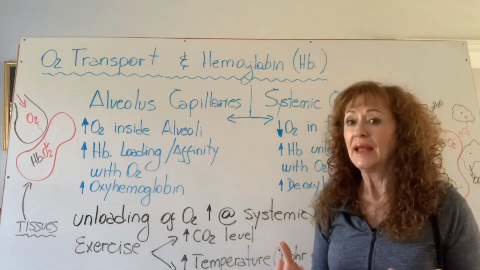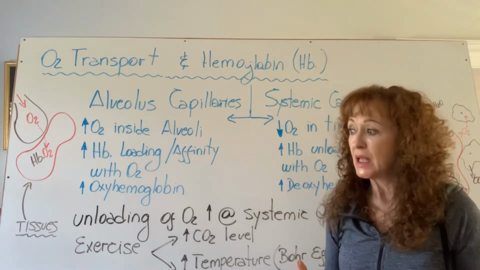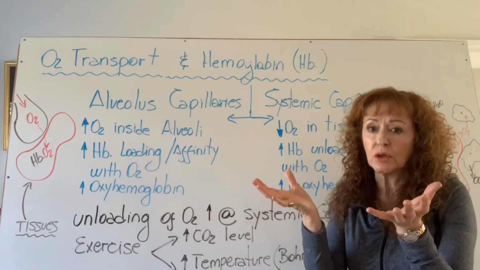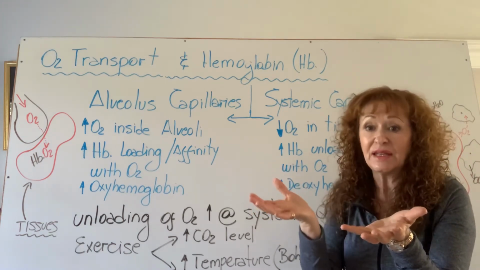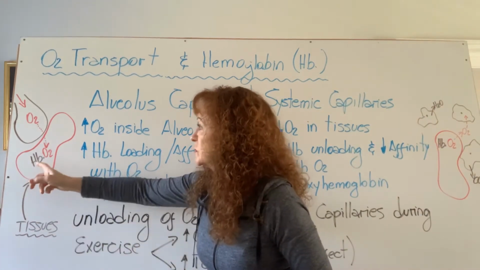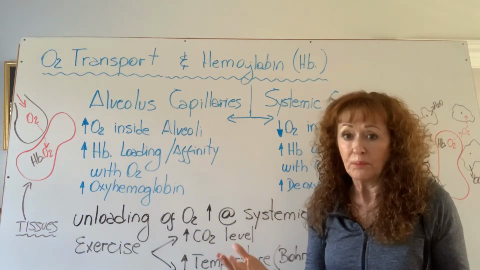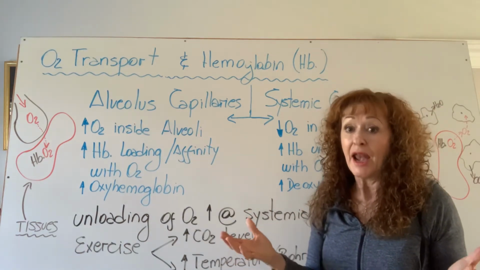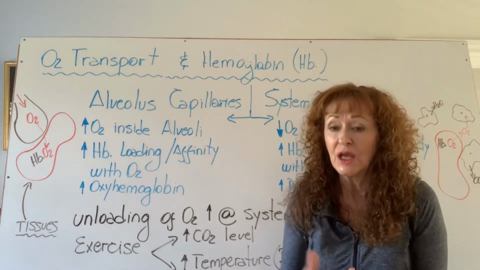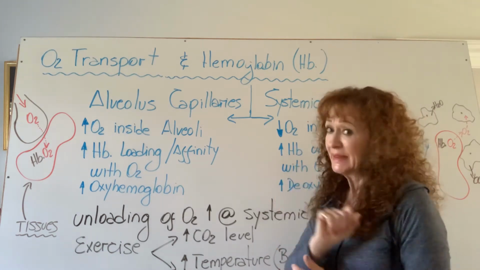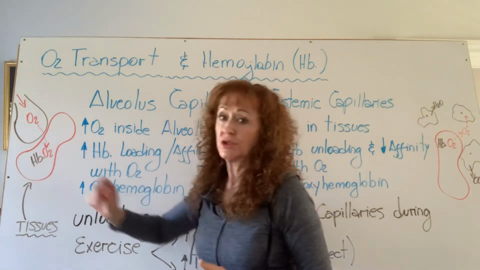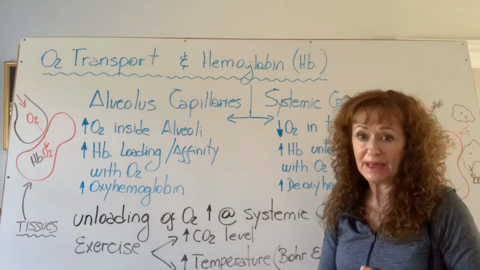Now, why is the loading increased? And frankly, if you have to visualize these two words, loading and affinity, they are matching together, because this hemoglobin that gets into the alveolus capillaries pretty much empty of oxygen now has the condition to have more affinity because it has more room to accept more oxygen. That is one reason. And the other one is facilitating the loading based on the difference of pressure between the alveoli and the plasma.